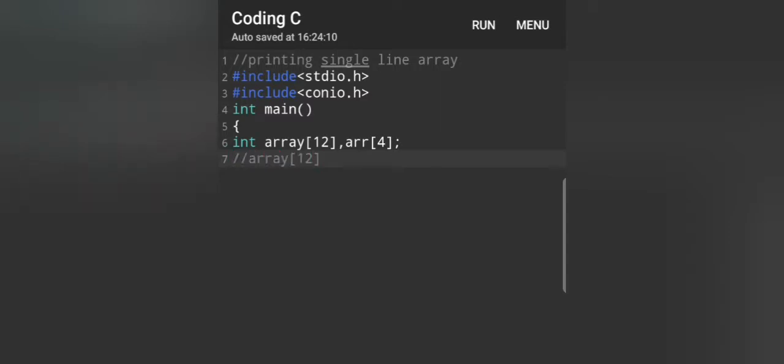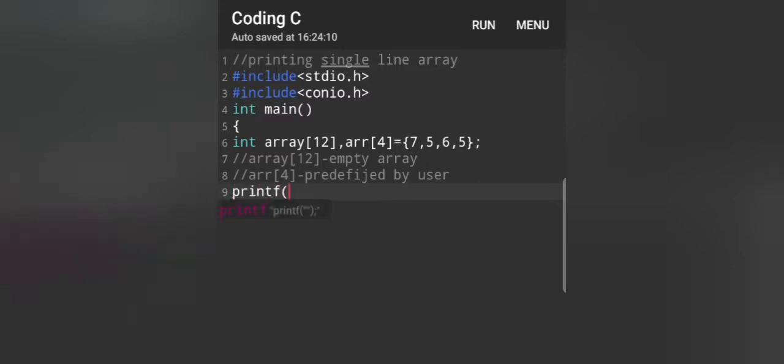Our first array will be empty, meaning its content will be declared after the execution. But our second array will be predefined by the user. In our second array, we can put only 4 elements because we have declared the size as 4. Let us declare the numbers as 7, 5, 6 and 5. All these numbers will be separated by a comma.